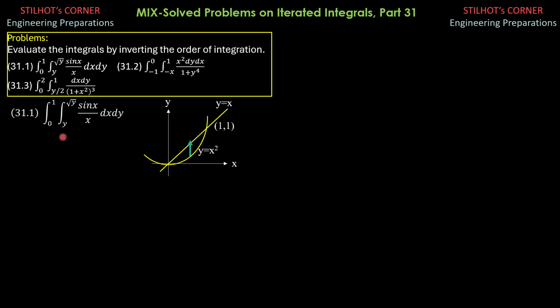So this is now equal to integral 0 to 1, then integral from x squared to x of sine x over x dy, then dx. So focus first here. Sine x over x is constant. Integral of dy is y, of course. So that would be integral 0 to 1 of quantity sine x over x times y from x squared to x dx. So evaluating, substituting the limits for y.